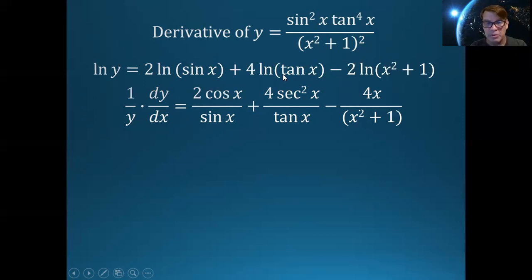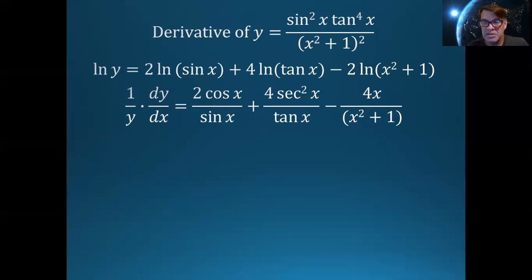Okay, so what are we going to do here? Well, remember, the derivative of the natural log is 1 over it. So there's the tangent on the bottom. The coefficient stays the same. And then dy dx of the stuff on the inside. What's the derivative of the tangent of x? Well, it's the secant squared x. See previous videos. That's just something to memorize, that the derivative of the tangent of x is the secant squared